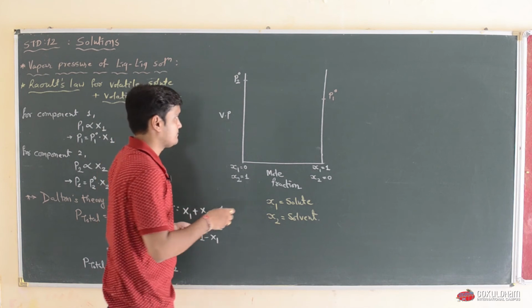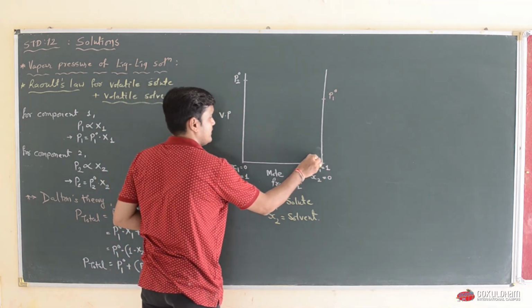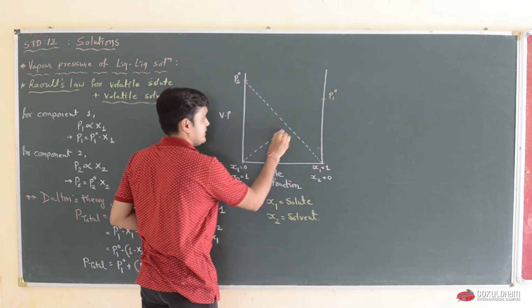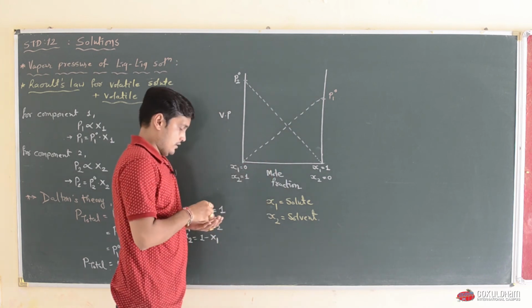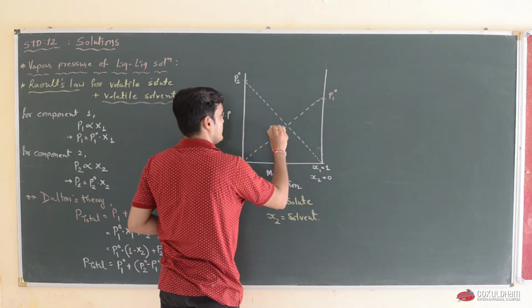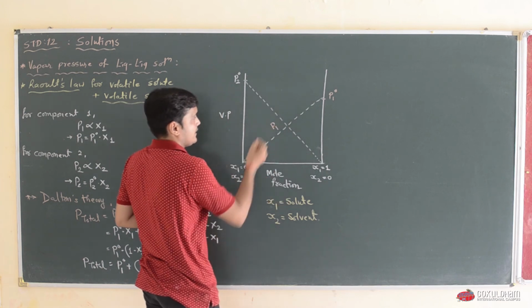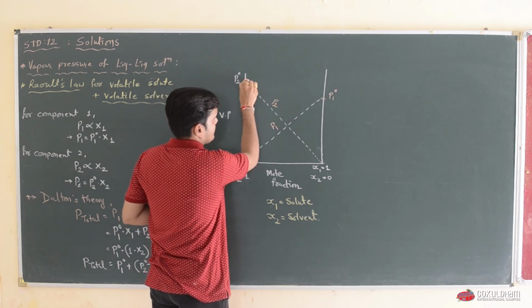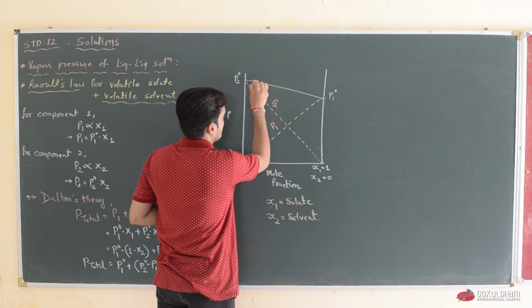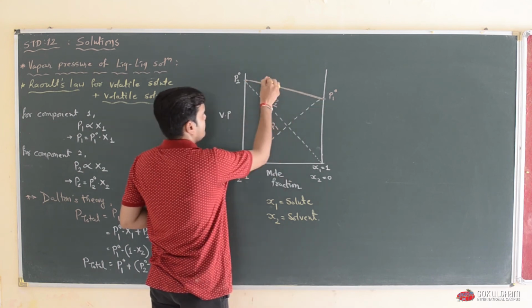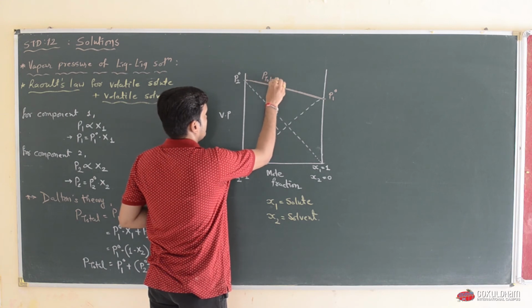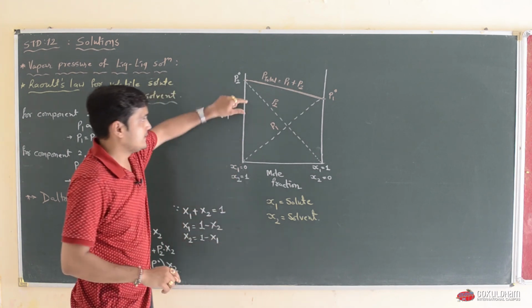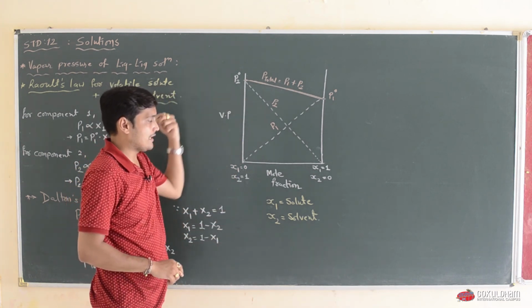So we can say that this x2 is increased in this way and this x1 is increased in this manner. On this axis you will get pressure 1, vapor pressure, and on this axis you will get pressure 2, and after joining these two dots, that is P10 and P20, we will get the total vapor pressure, pressure 1 plus pressure 2. This is the most important graph for Raoult's law.